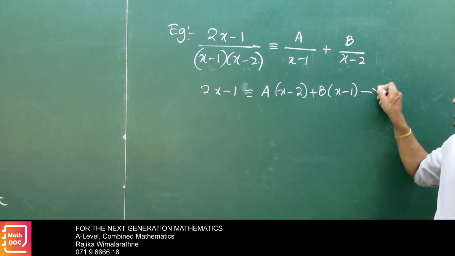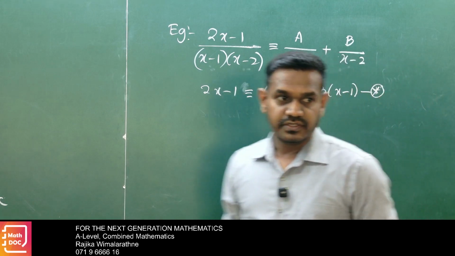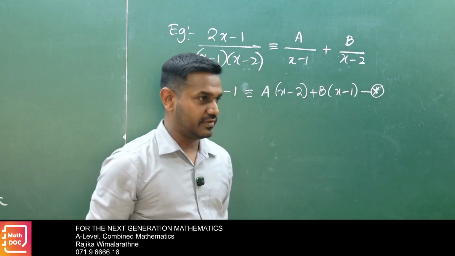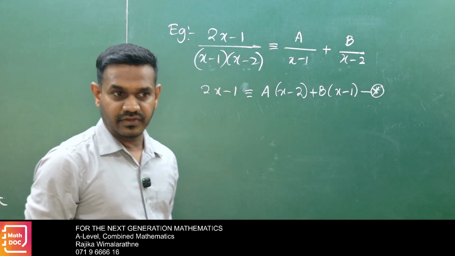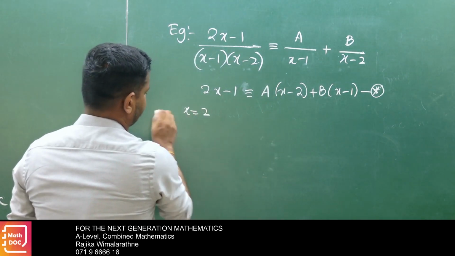So now this is an identity, no? We know these things. By this relation we can find A and B. We know the procedure. Now just substitute x equal to